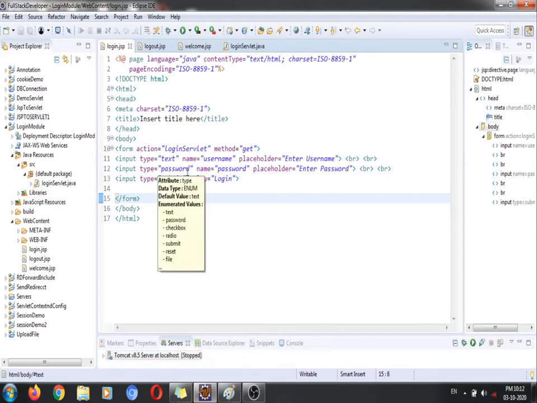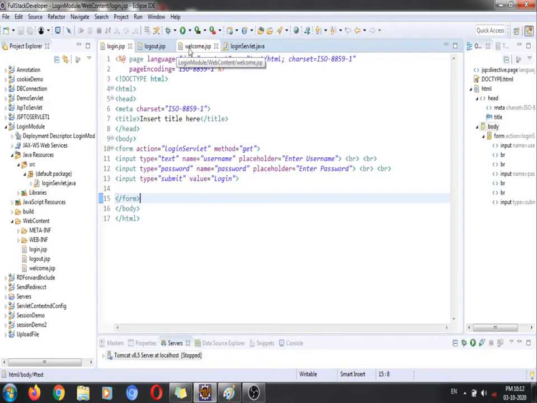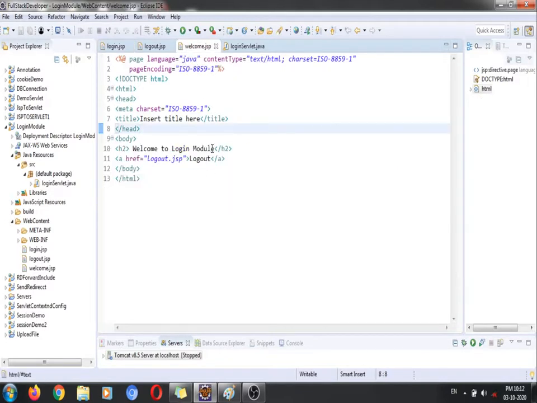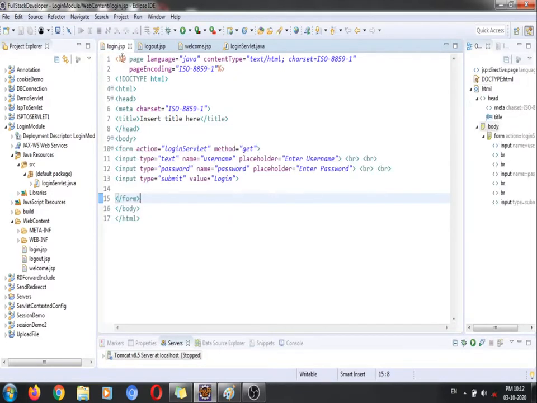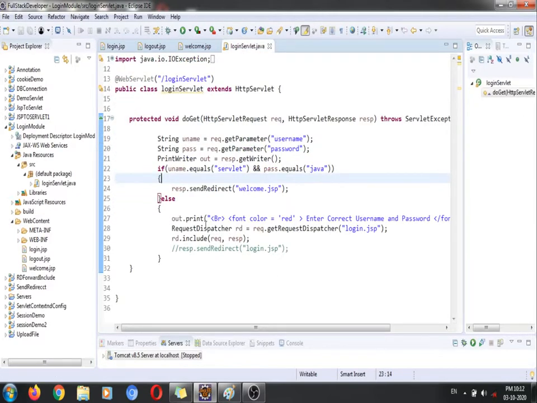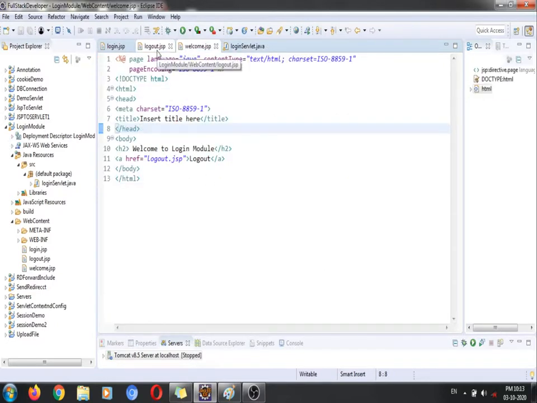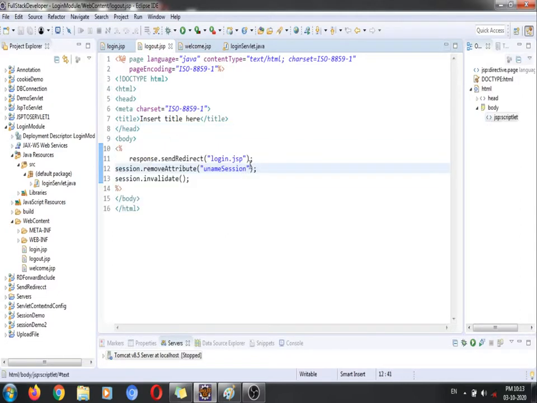This is the login page where the user is going to insert the username and password. This is the welcome page where the user is going to access after successful login. When the user clicks on this button, he is going to take the verification code. If the user has entered the proper username and password, then he is going to access this welcome.jsp page. After performing this, the user will go to this page and finally the user will click on this logout button, where the user is going to come back to his main page.